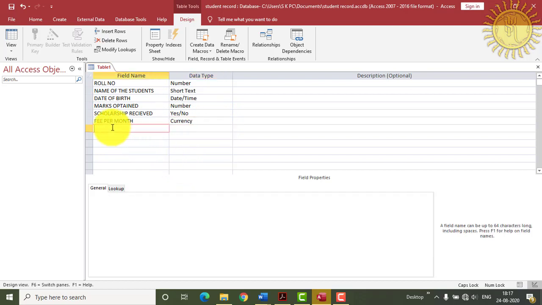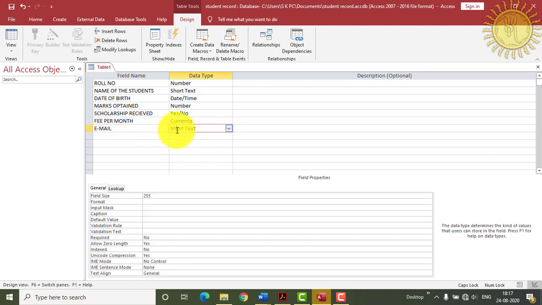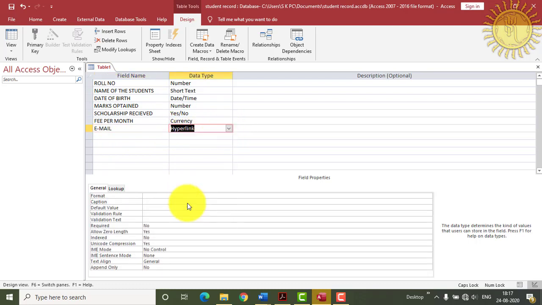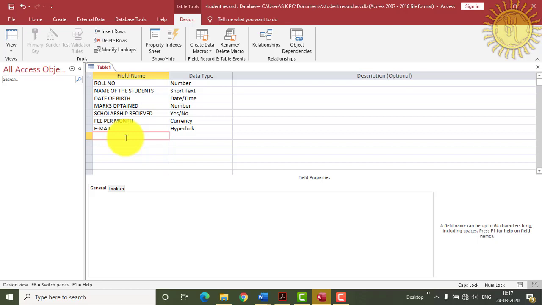And after that, email, and this should be in the form of hyperlink. So like this we have designed the field names, and in your table your field names will look like this.